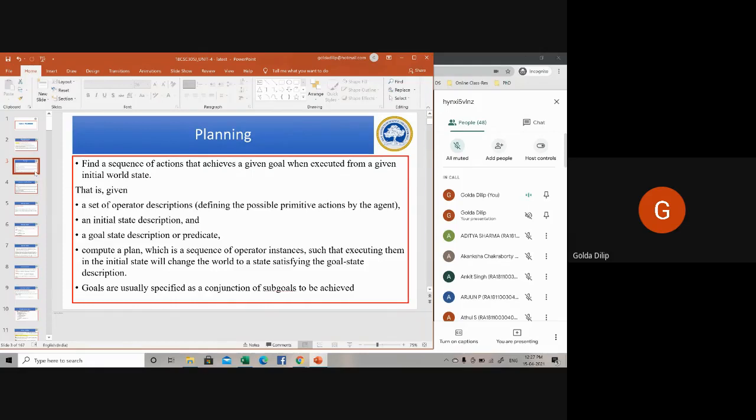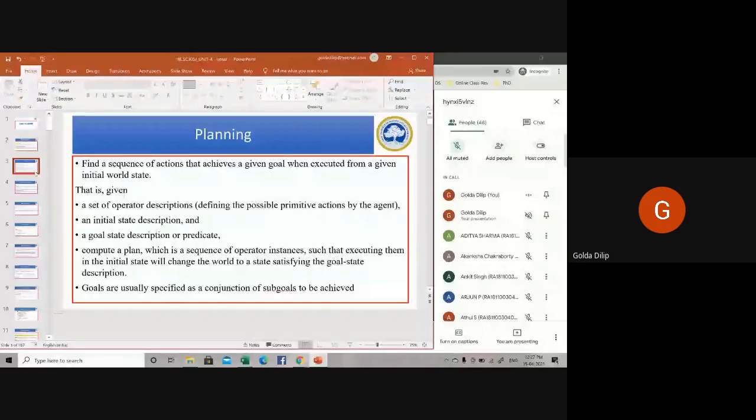And there could be dependencies also. For example, subject A is mandatory to understand subject B. So A is the prerequisite of B, or A should be studied first. For example, data structures should be studied before design and analysis of algorithms. Both of these should be studied before you learn your AI. So there are constraints too while planning, as far as studies are concerned.